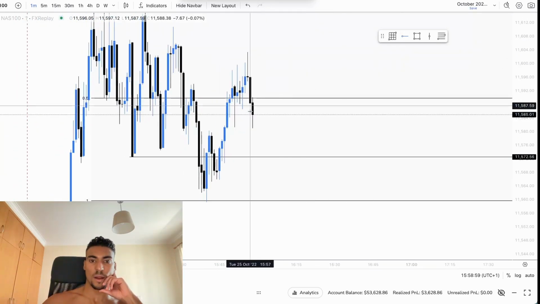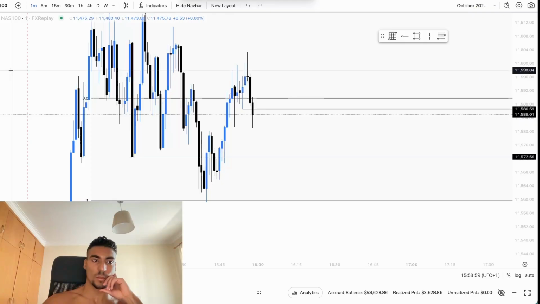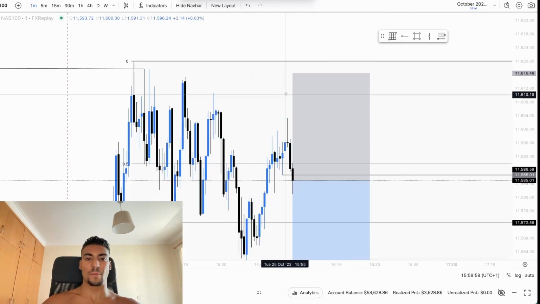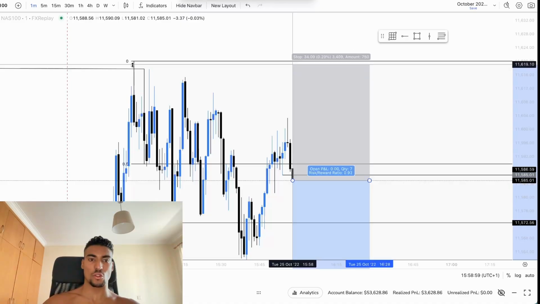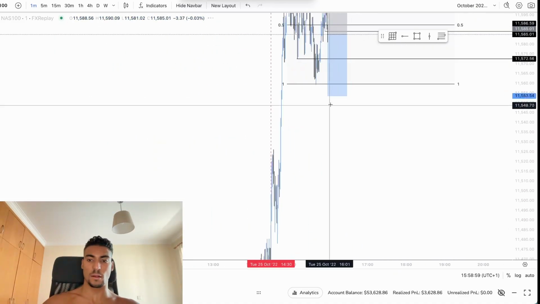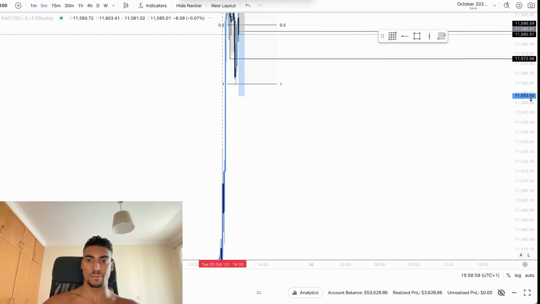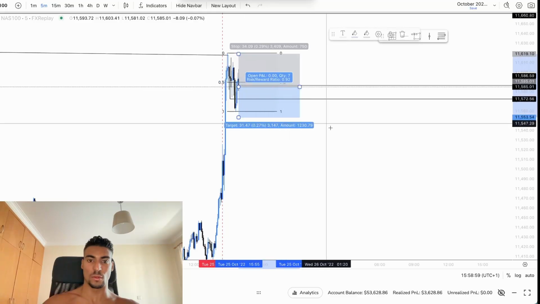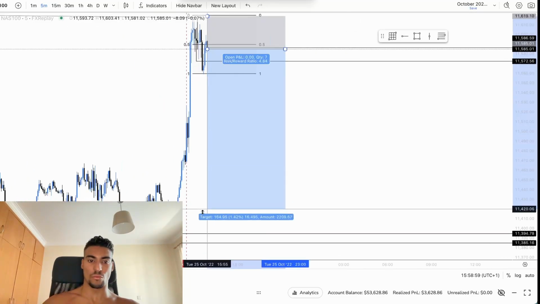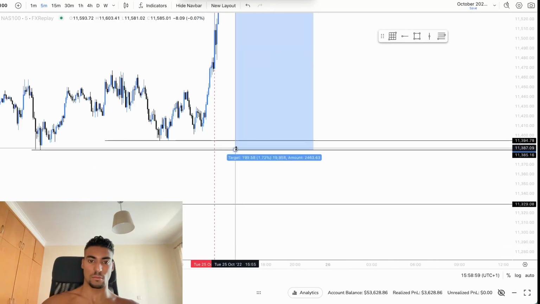Now all I'm waiting for is a 1 minute break of structure, reversal gap, 79% extension. But what I like the most is break of structure. We get a move down, move up, that's a low. We get break of structure right here, boom, enter on a full body candle. I should put my stop right here, but it's a bit big, but whatever. Let's go with the flow. I don't think we'll move as low as these lows, but a man can dream.